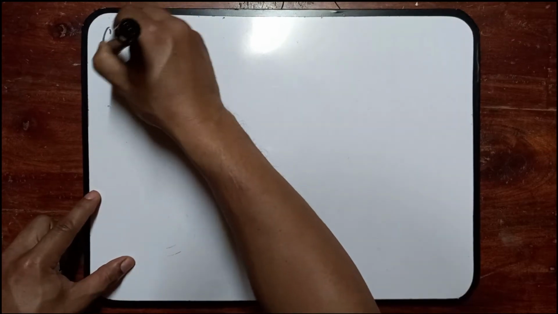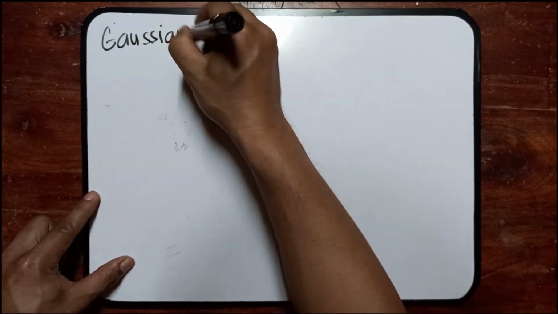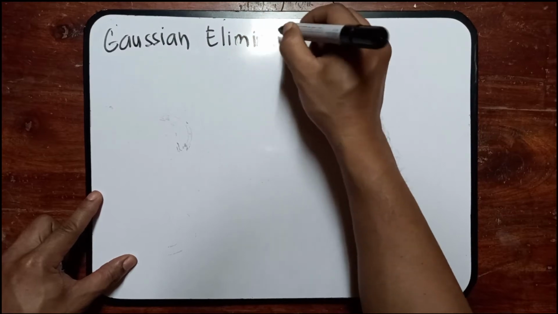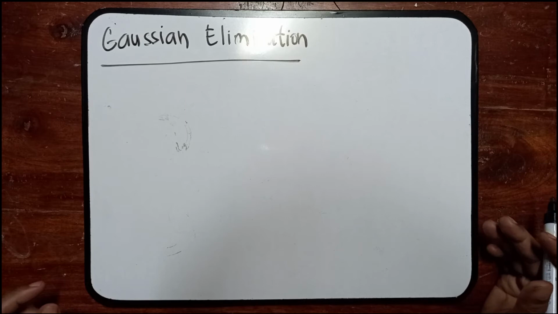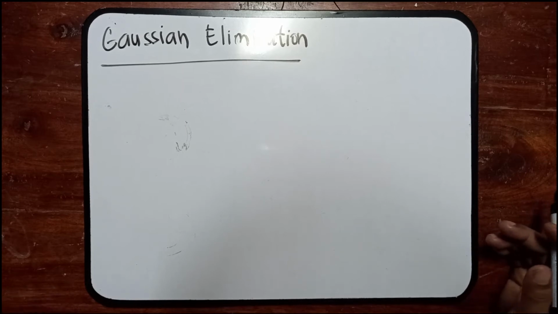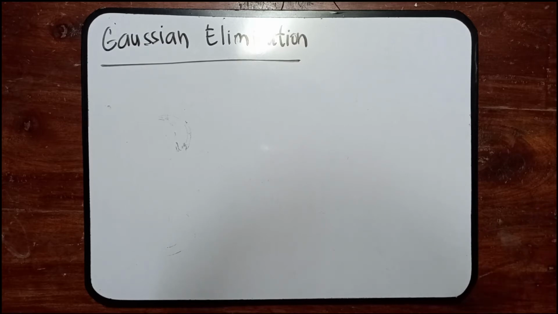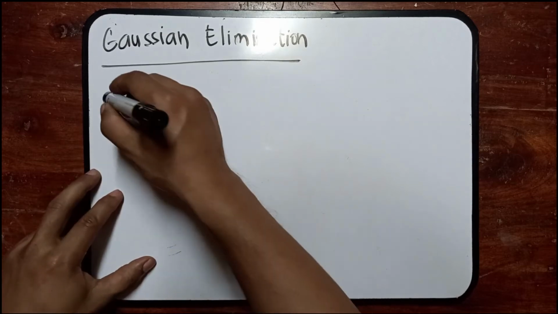Alright, so welcome back. This time let's talk about Gaussian elimination. Gaussian elimination is a method used by the great mathematician Gauss to solve a system of equations using a matrix. There are several steps that you must follow in order to apply Gaussian elimination to solve a system of equations. So step 1